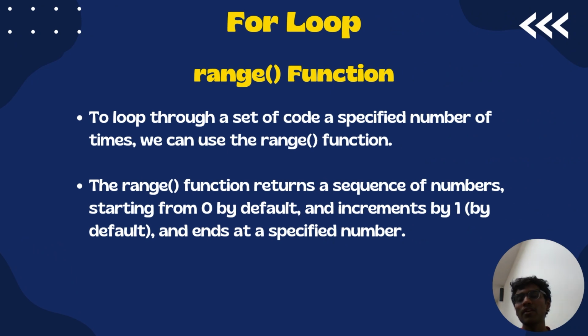And what is range? I gave an example where a for loop works in a formation of iteration. So how many times we want to iterate or loop something. The for loop has a default value of 0. 0 means 1, so it will go for a loop of 1. It means it will only print 1. There's no loop in here, don't get confused. It will only print 1.